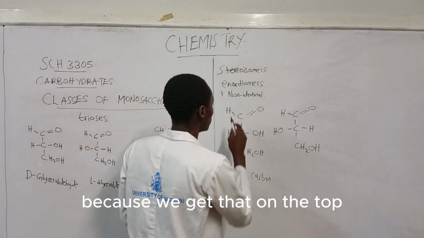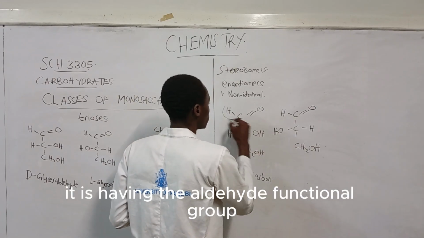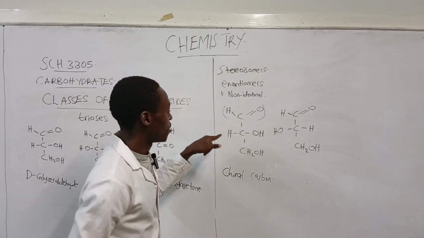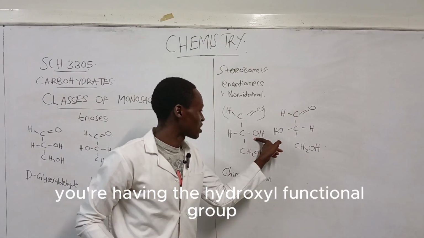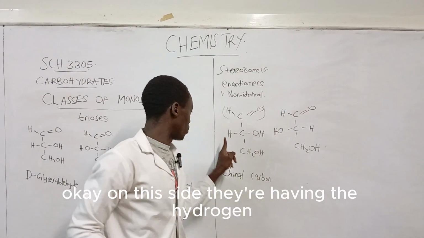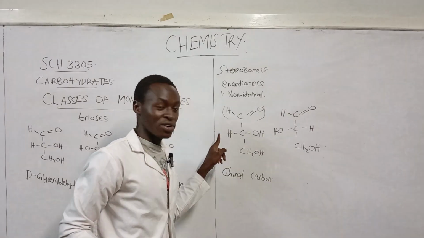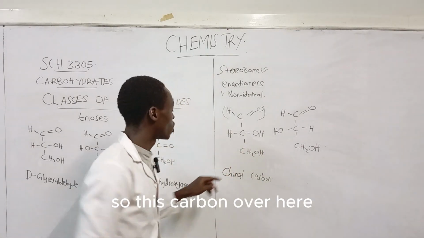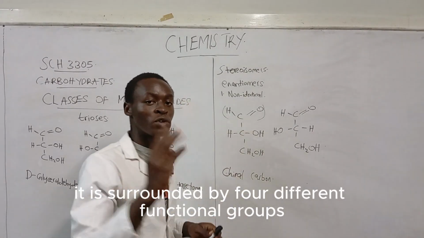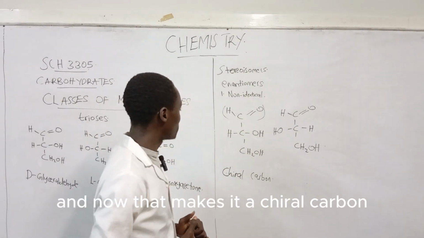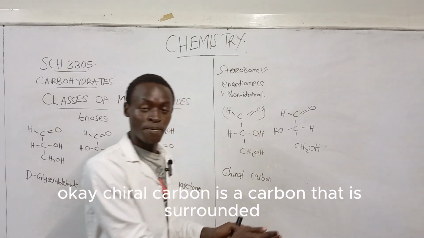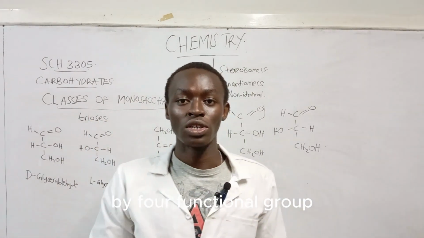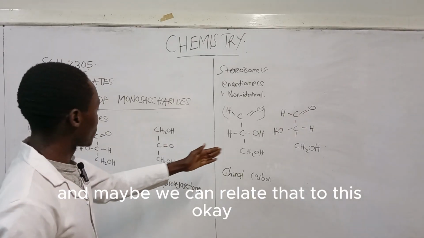Because on the top it has the aldehyde functional group, on this other side it has the hydroxyl functional group, on this side it has the hydrogen, and on the lower part it has alcohol. Have you seen that? So this carbon over here is surrounded by 4 different functional groups, and that makes it a chiral carbon. A chiral carbon is the carbon that is surrounded by 4 different functional groups,